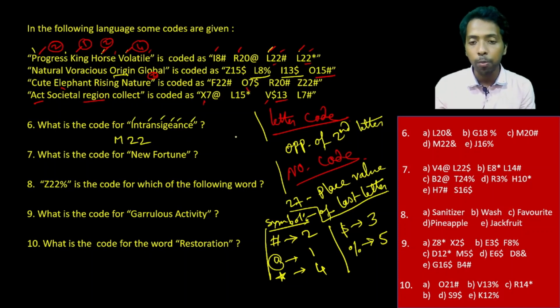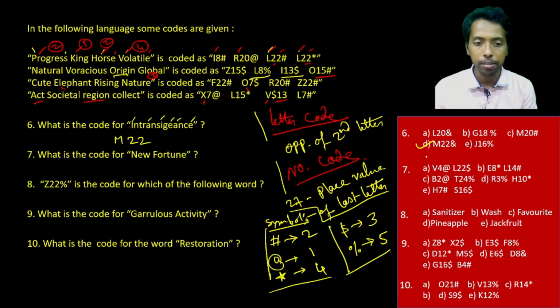So whatever symbol comes should be different from all these 5 here, right? The symbol should not match any of the given 5, but something different. Only then we can understand that this should be the code for intransigence. So M22 only one, so there should not be any confusion, and the symbol is also different,